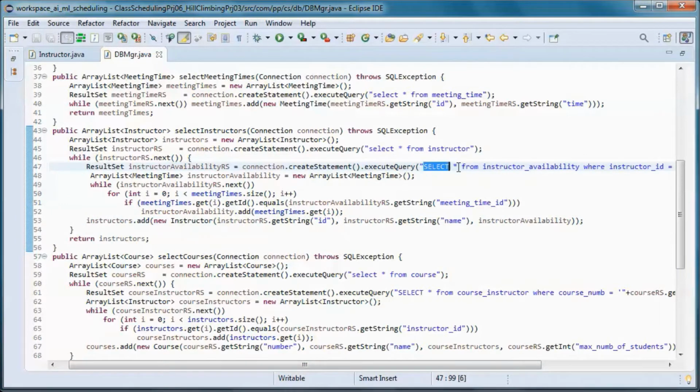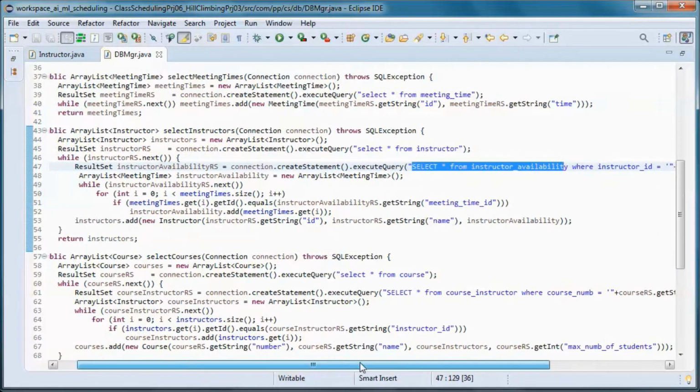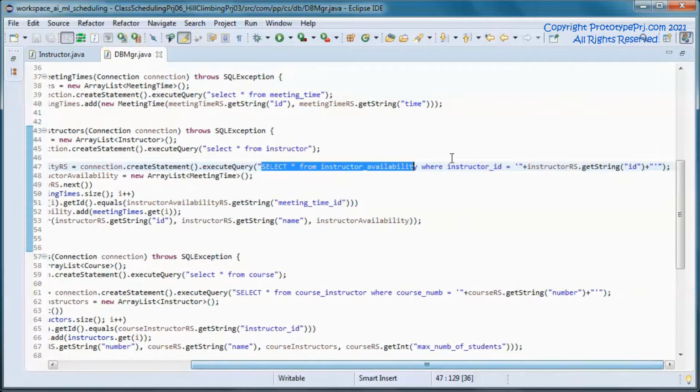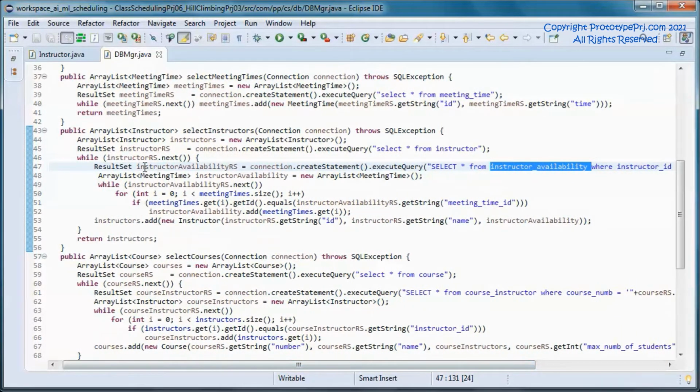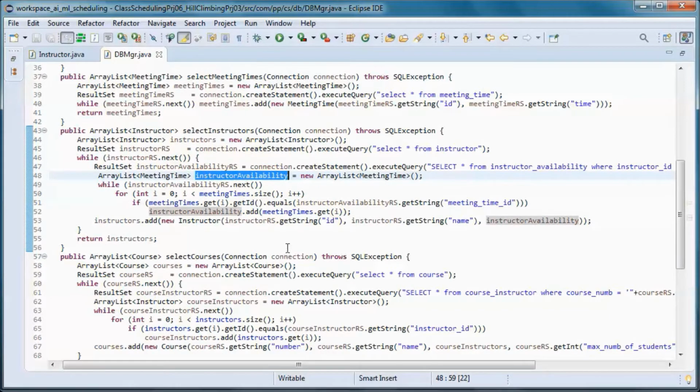And here we are picking up the instructor availability from this table. So it ends up in the instructor availability list that we pass here.